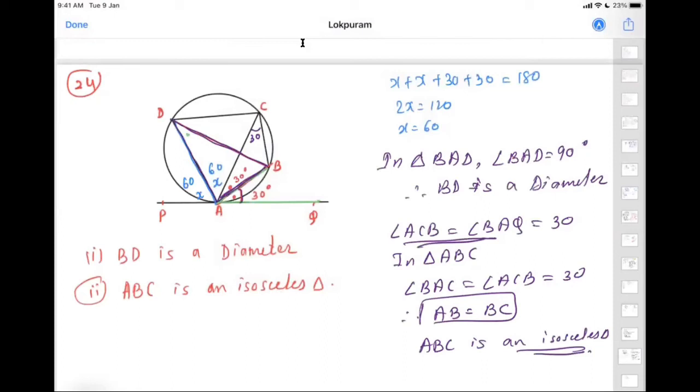ठीक है? Yes. Angle BAC is equal to angle BCA, prove कैसे किया? ये तो already 30 है ही, because AB is a bisector. ठीक है? Yes, sir. अभी see, AB is a chord, this yellow one, and AQ is a tangent. So angle made by the tangent and the chord is equal to the angle made by them in the alternate segment. तो वो भी 30 हो गया. ओके सर, समझा. एक्सटर्नल एंगल.